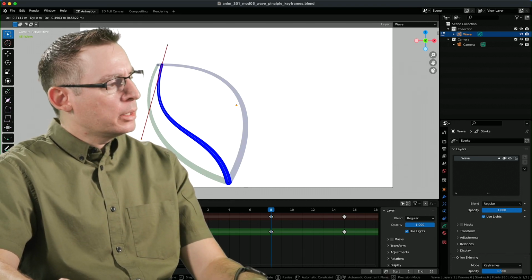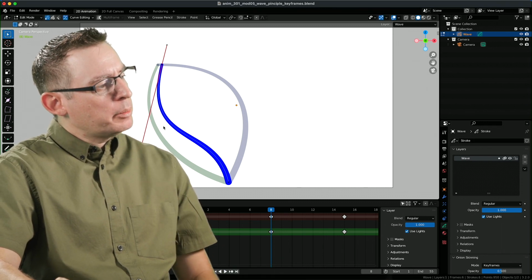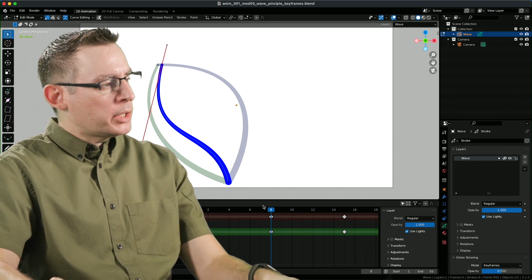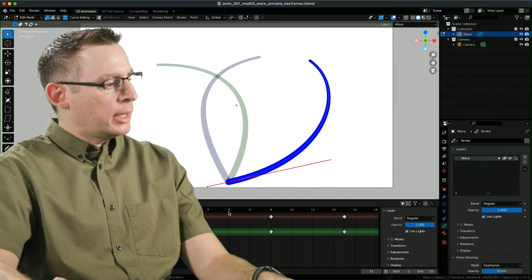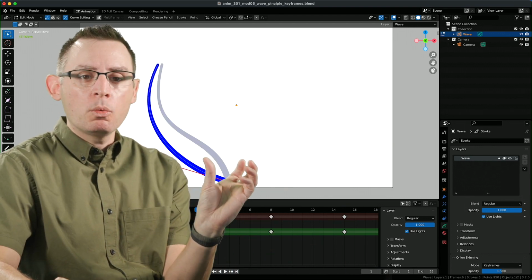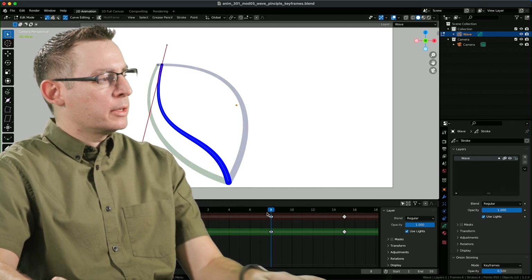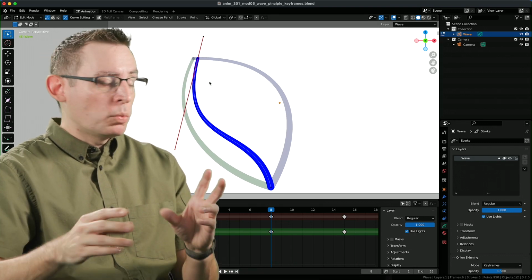I'm also looking at the possibility, yeah, I like that too, of having it be, this is a weighted end, so it's not going to move too much. Yes, that's looking better. It's not moving too much until the base of the tail really goes much more dramatically over there to the right. So if you look at my onion skinning here, I can already see that this is starting to work a little bit better.